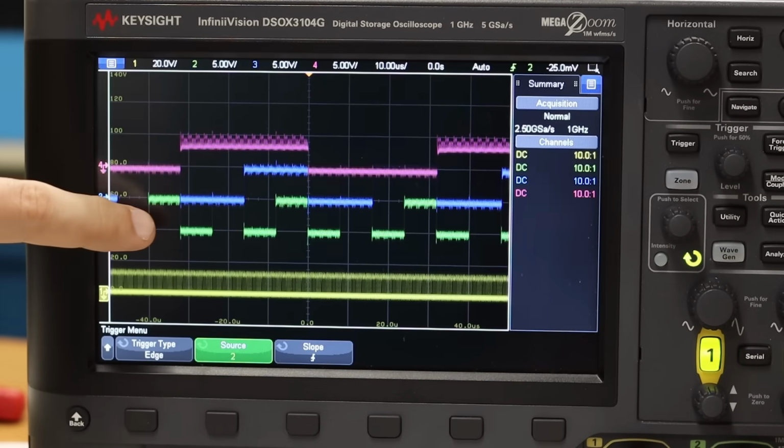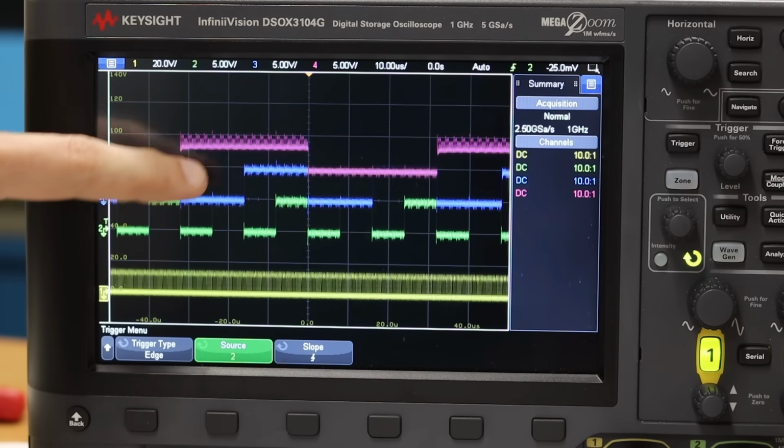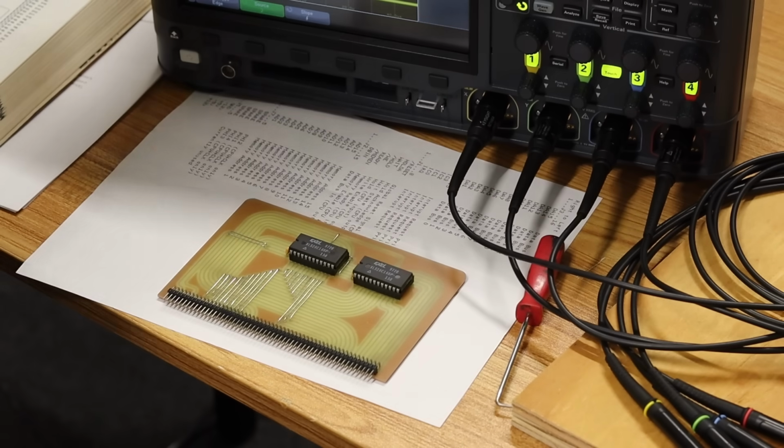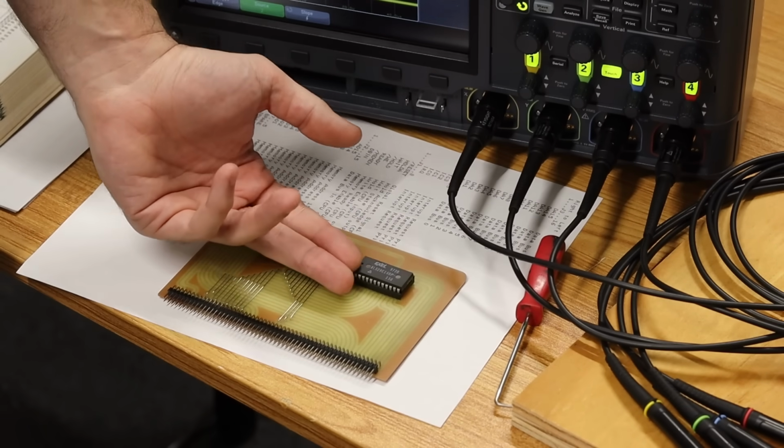I was expecting to see each one of these toggle without overlapping another one, but it looks like we're just pushing straight through. The program counter is just incrementing normal without actually reading or executing any instructions. Okay, I got something horrifically wrong because I pulled these ROMs out to see that maybe I had them backwards, and they are